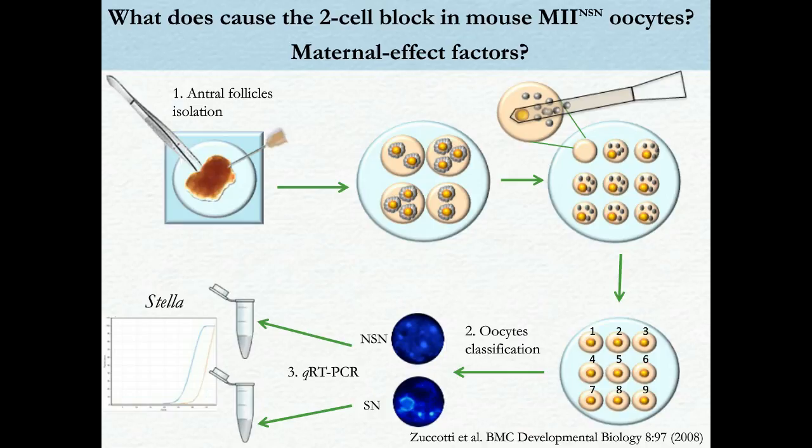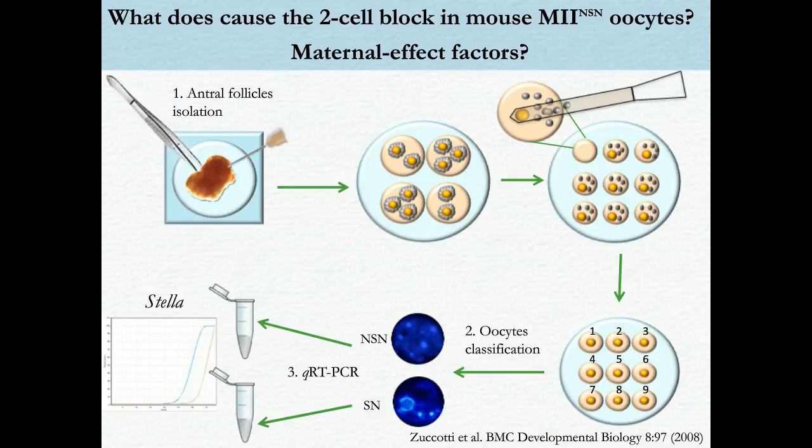The slide shows the protocol used for the isolation and preparation of oocytes for a single-cell analysis of their transcripts using quantitative real-time RT-PCR. From top left to right, fully grown follicles are punctured from the ovarian surface and isolated in single drops of M2 medium, pipetted in and out using a hand-pulled micropipette whose size in diameter is about 100 micrometers, just a bit bigger than the oocyte itself.